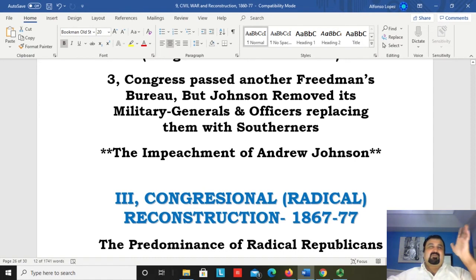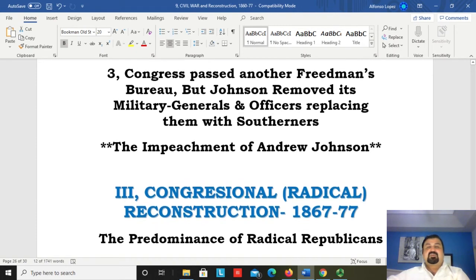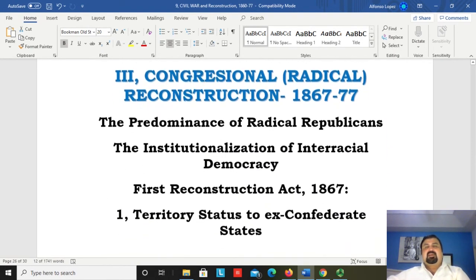But that was a warning. In other words, what Congress actually said here is that, look, either you step aside or we're just going to remove you the next time, and that's pretty much it. Okay, so at any rate,